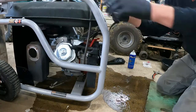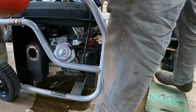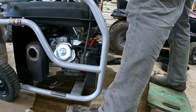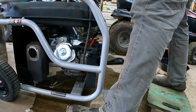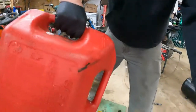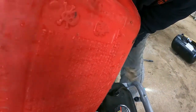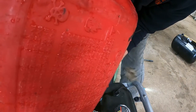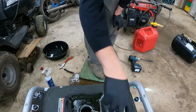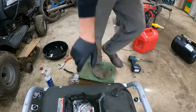I'm going to turn the fuel off and put fuel in it. This is non-ethanol gas. Fill her up a little. Non-ethanol gas. No alcohol. She should run on that. Let me get the air hose and I'll...